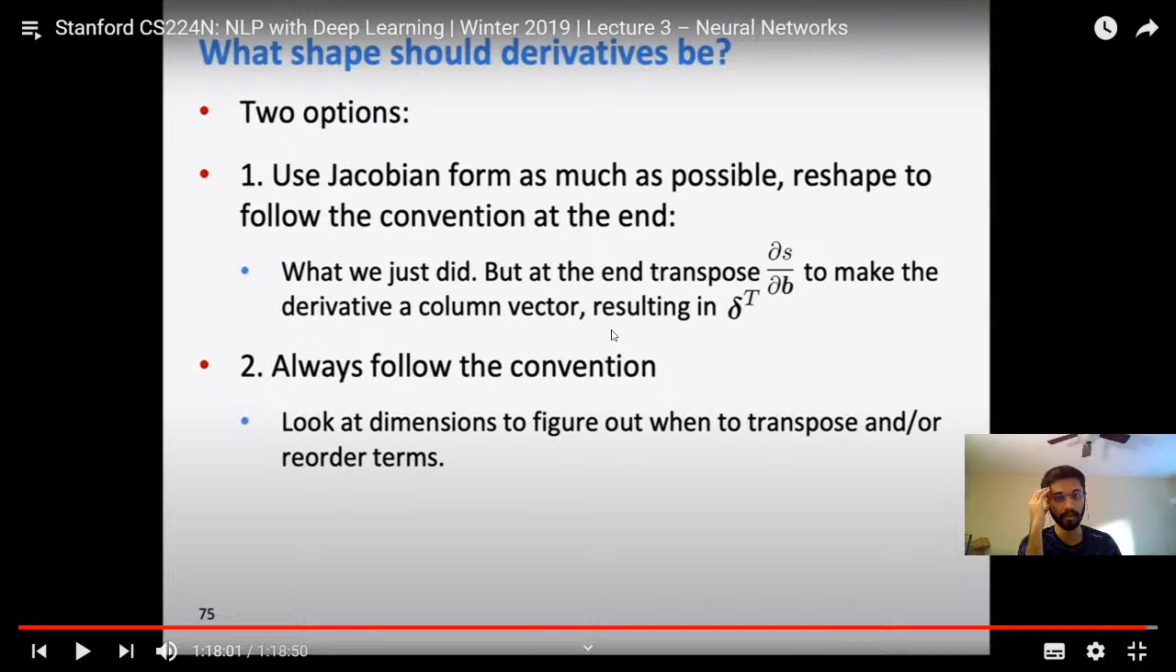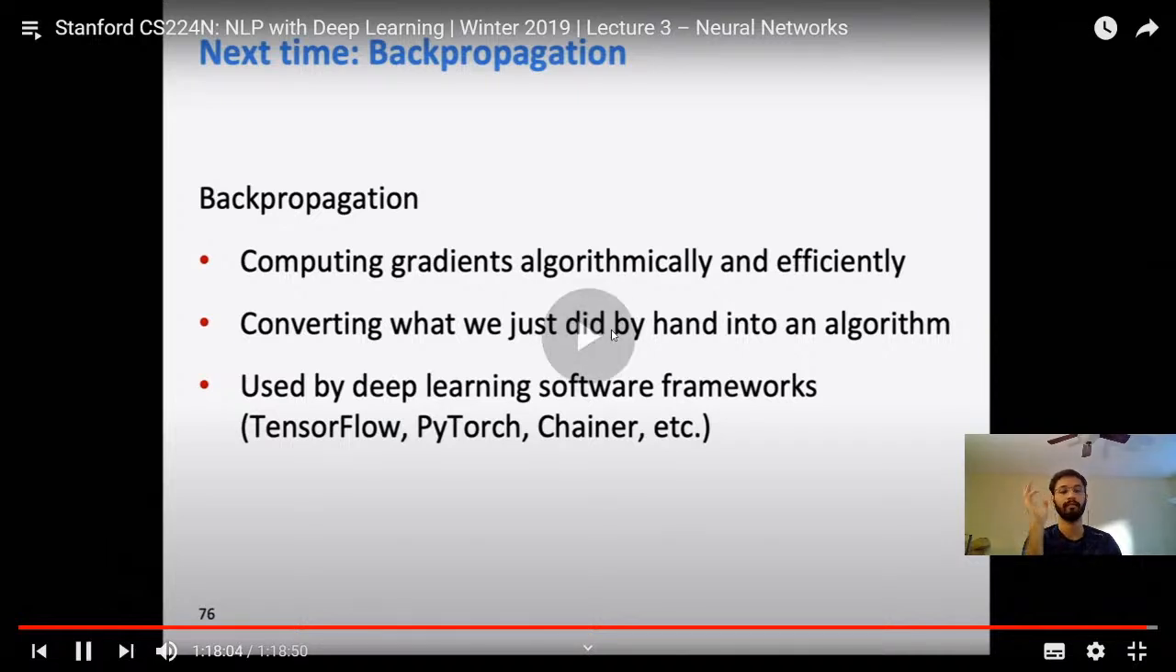Two options. One, use Jacobian form as much as possible, then reshape to follow the convention at the end. Okay, what we just did here. But at the end, transpose to make the derivative a column vector resulting in delta. Okay, done. This makes sense. Up until the calculation of the delta, use the normal algebraic math. And number two is always follow the convention. Look at the dimensions to figure out when to transpose and or reorder terms. Yeah, no, I don't want to confuse. Number one, that's the way to go. Convention, I'm going to skip that. Okay, okay, so